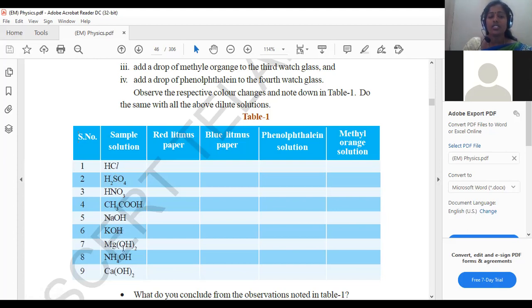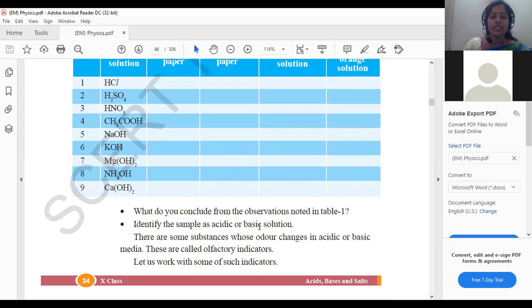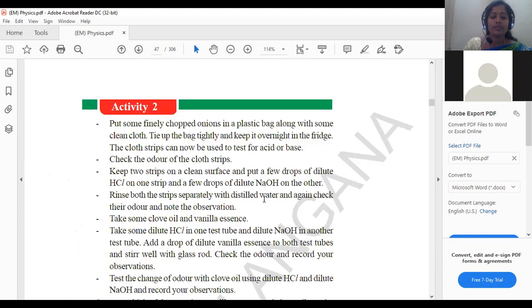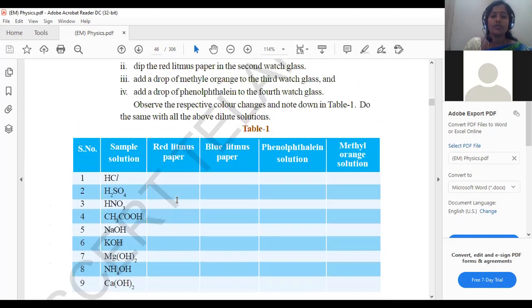Sodium hydroxide, potassium hydroxide, magnesium, ammonium, calcium hydroxide, all these compounds are basic hydroxides, because whenever they are added to water, they release OH minus, and their reactivity will be almost similar with these indicators. Okay, so this is about activity number 1. And in the next class, we are going to discuss activity 2 from this unit,